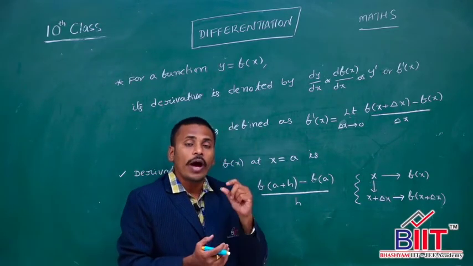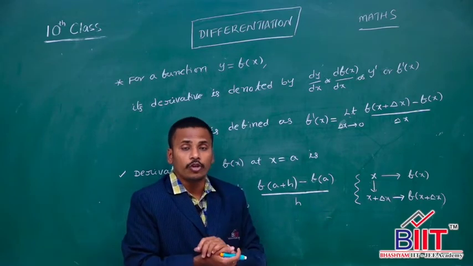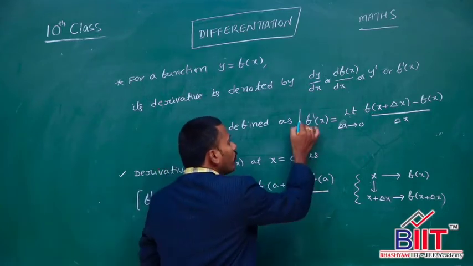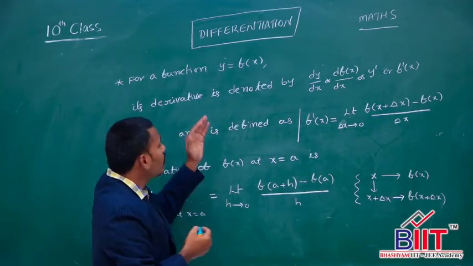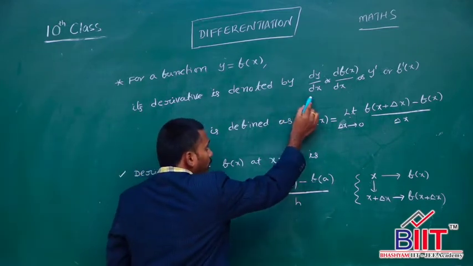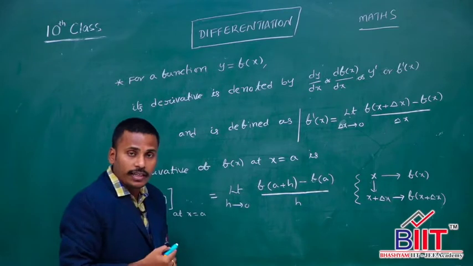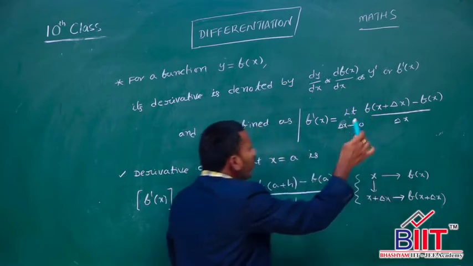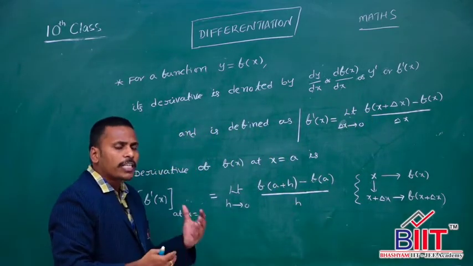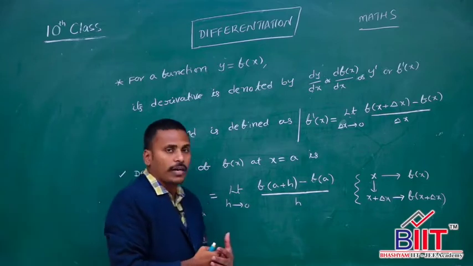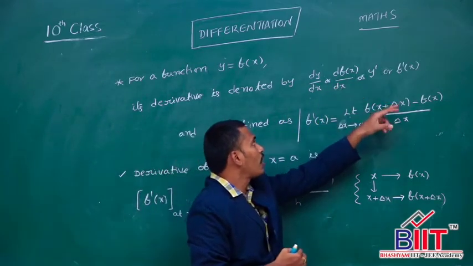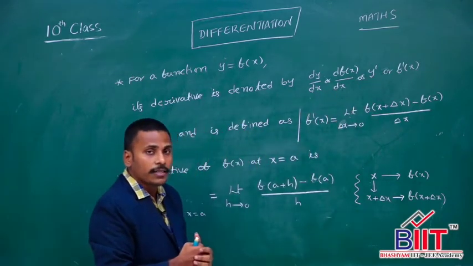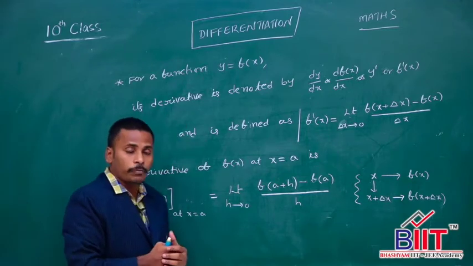The derivative helps us to identify the change in the functional values for very small change in the x values. So finally, the derivative of the function is denoted by either dy by dx, or df of x by dx, or y dash, or f dash of x. All these are different notations for the derivative. As per the situation, as per the problem and as per our comfort, we use any one of these, either dy by dx, df of x by dx, or y dash or f dash of x, as the derivative of f of x with respect to x.